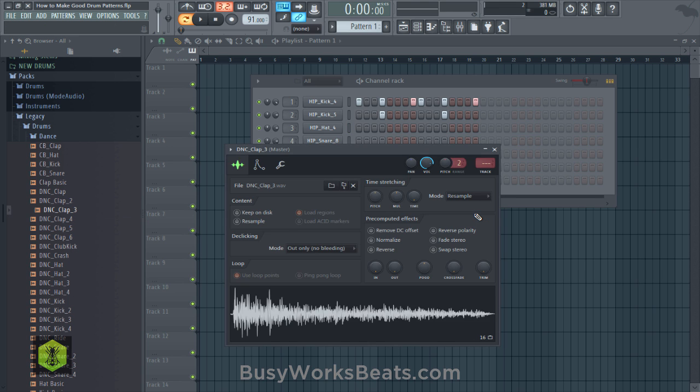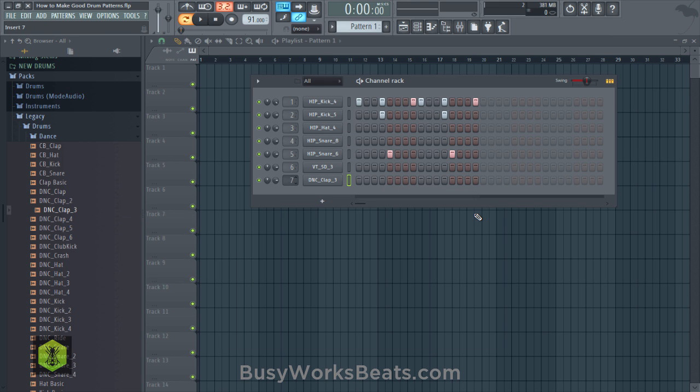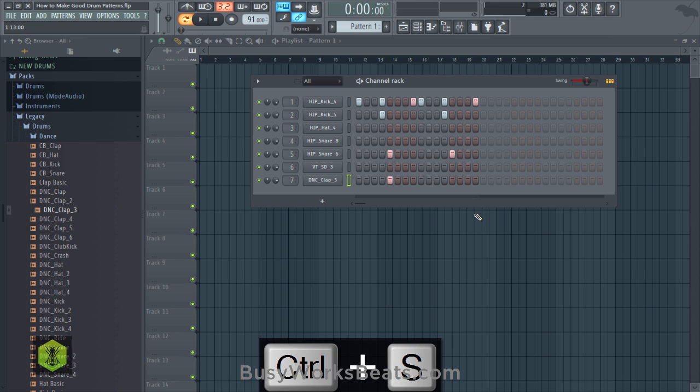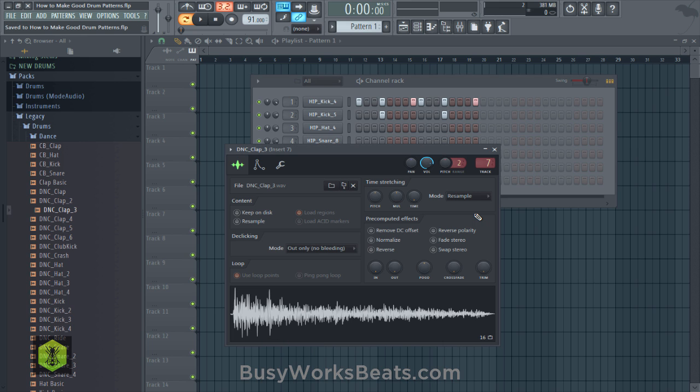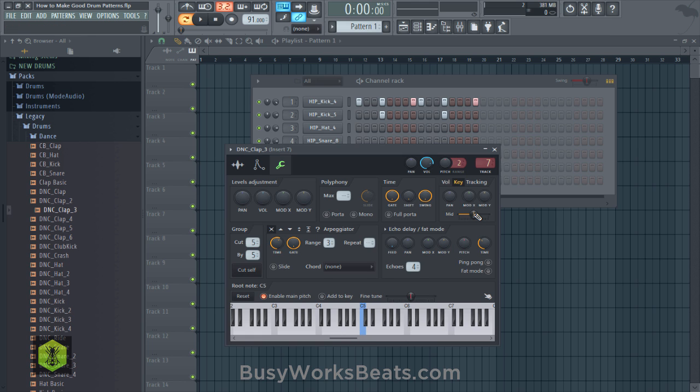So let's see if we can layer this clap. So you can see we're layering sounds. That also adds another element of depth in your drums. Now, when you're layering, you generally want to have time differences between each of the drum sounds. So let's go to the wrench tool, turn up that time shift a bit.